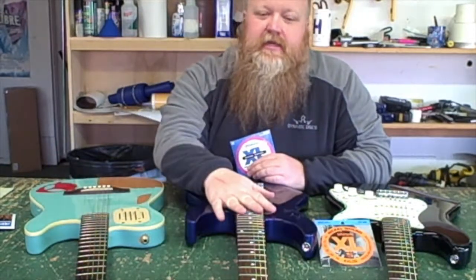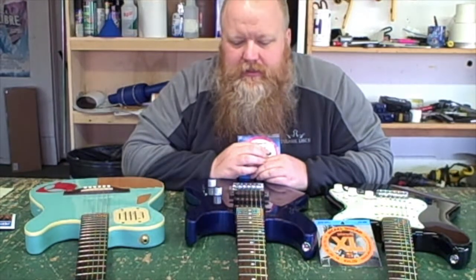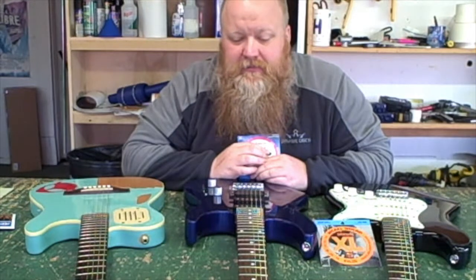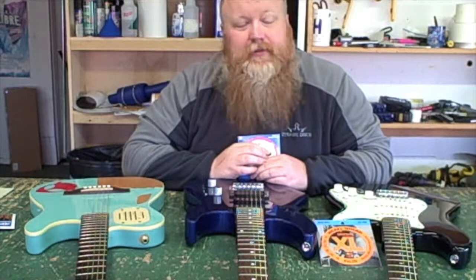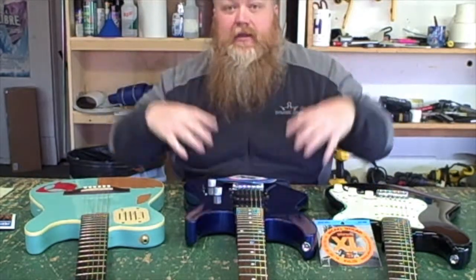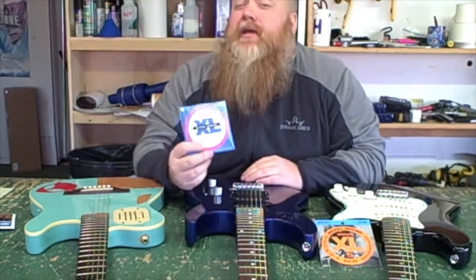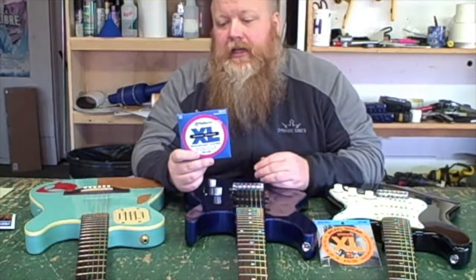Little Jackson Dinky. It's got a new-ish set of strings on it, but these are 8s. So as fun as it is to bend, man, this thing gets out of tune, and if I try and down tune it at all, it's just slack. So we're gonna throw some EXL, the bigger half of a set of EXL 150s on there, which the top